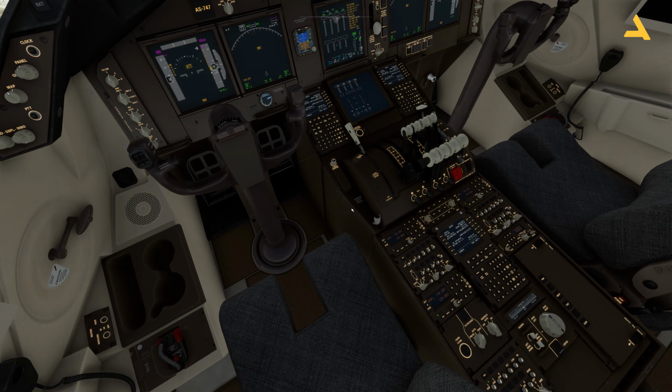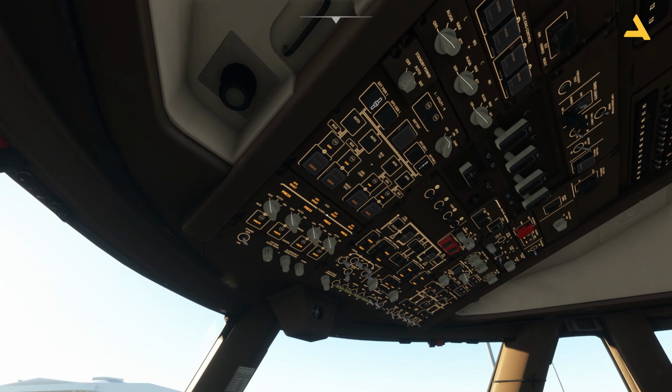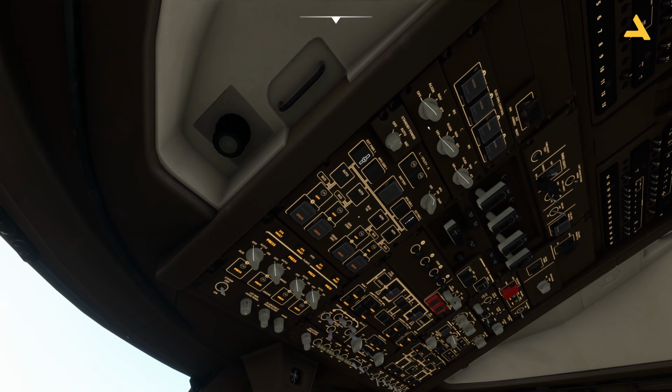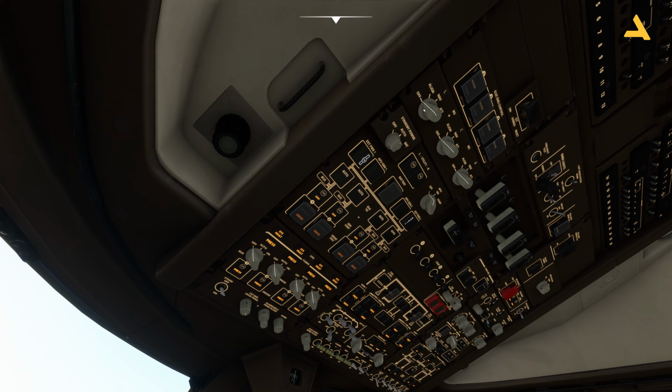Now, what you're going to do is this. You're going to go over here on the overhead panel, and then you have to set these IRS selectors to NAV for the left, right, and center. IRS is actually the inertial reference system. This provides the GPS coordinates to the flight management computer. So it's necessary to turn it to NAV, otherwise your plane will not do navigation, because it will not know where it is. Okay, so you have to turn it to NAV. First of all, move it to align, and then to NAV. So move these selectors to NAV, and now the IRS